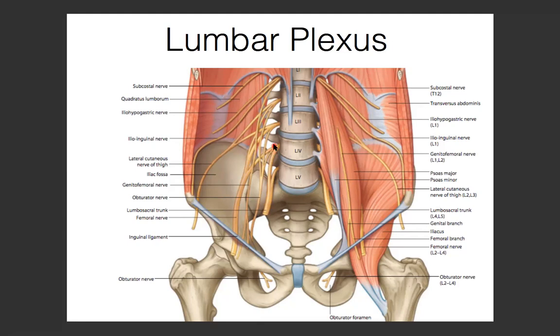Obturator. Even the drawing is difficult to see, but the obturator is here, which is medial to the psoas muscle. في تاني femoral, which is lateral to it, which is this one, femoral nerve. Femoral nerve is the big one that's lateral to it. تمام؟